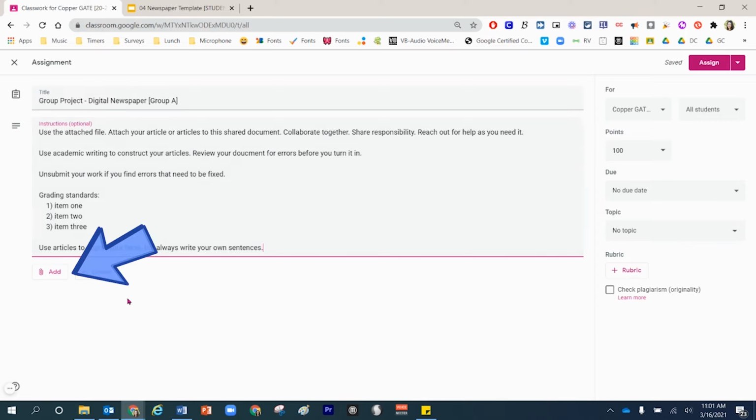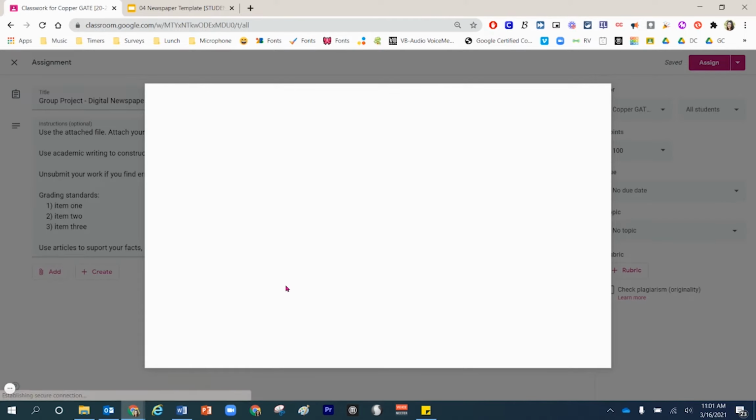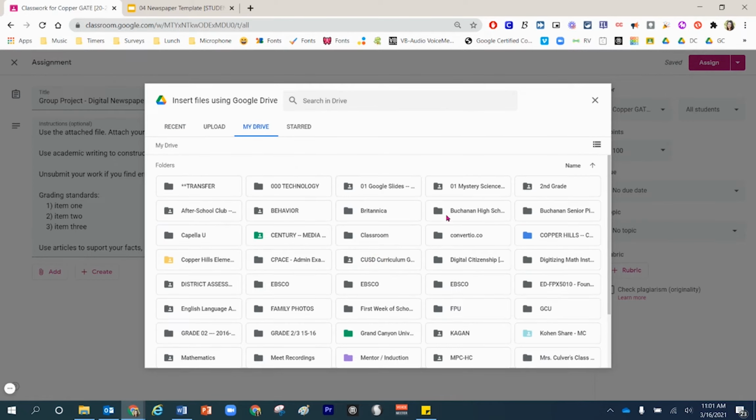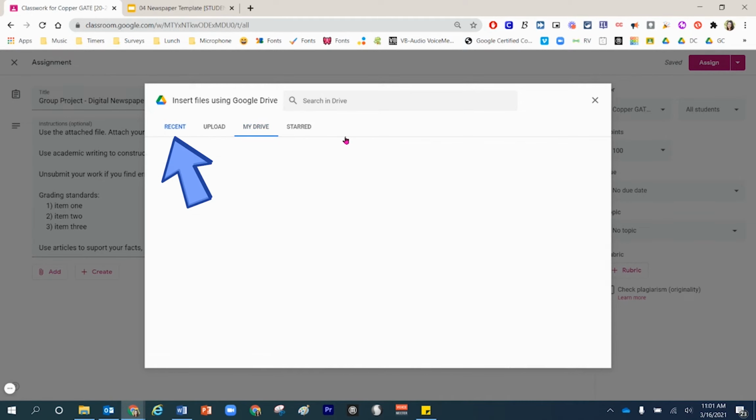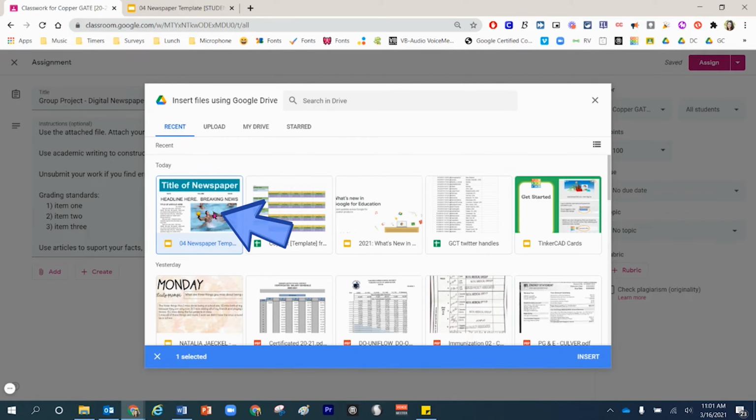I'm going to click on the paperclip in order to add the item to this assignment. I'm going to pull that item from my drive, but because it was something that I used recently, I can just simply stay over here on recent. I'm going to click one time right here because I want the newspaper to be attached. I'm going to come down to the bottom corner and choose insert